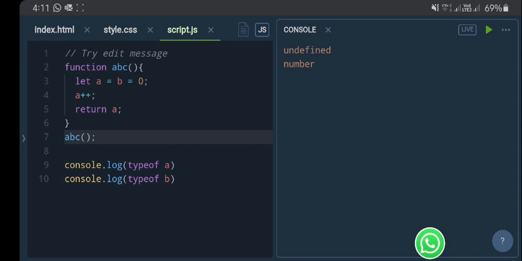And since b was a global variable which is bound to the window object, it will be 0, since 0 is assigned to variable b, and since it is a global variable, it will be accessible on line number 10, and hence the type of b is number. This is how global variables are accidentally created in your function if you try to assign a variable to another variable which is block scoped. Here in this case, a is block scoped and b will be a global variable.